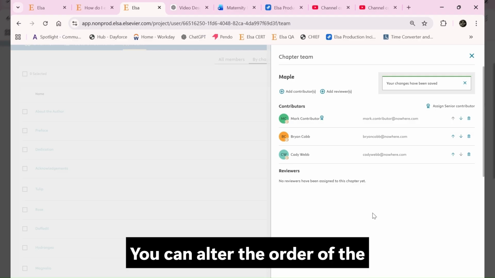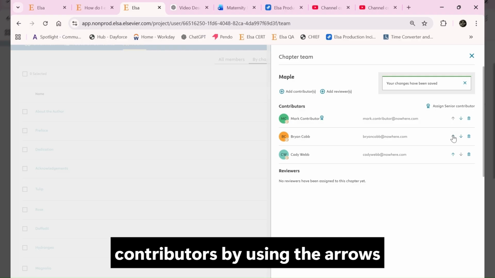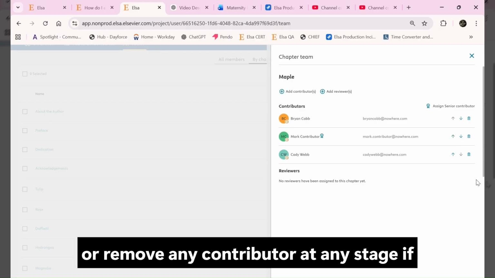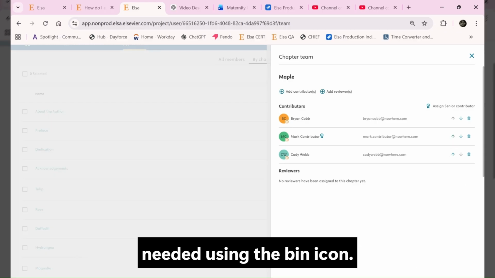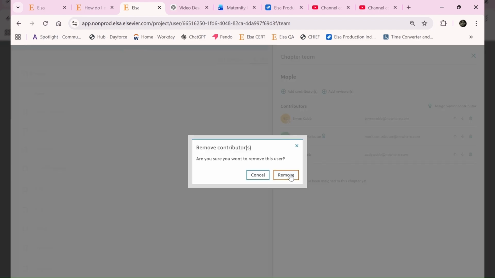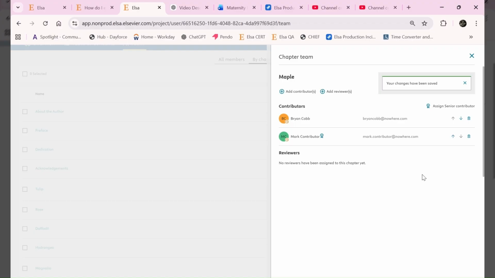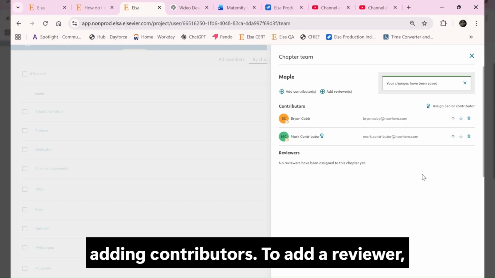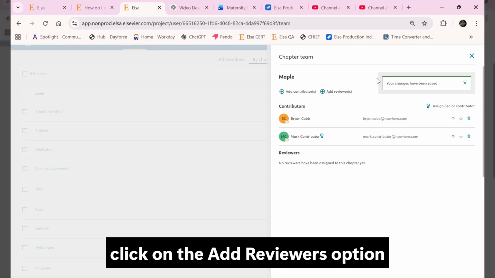You can alter the order of the contributors by using the arrows, or remove any contributor at any stage if needed using the bin icon. Adding reviewers is very similar to adding contributors. To add a reviewer, click on the Add Reviewers option